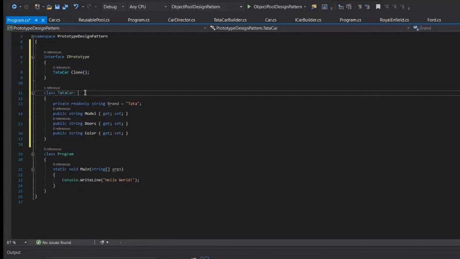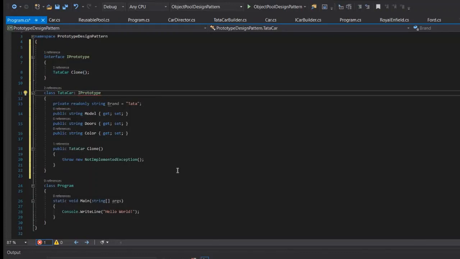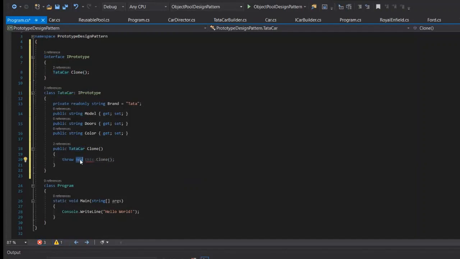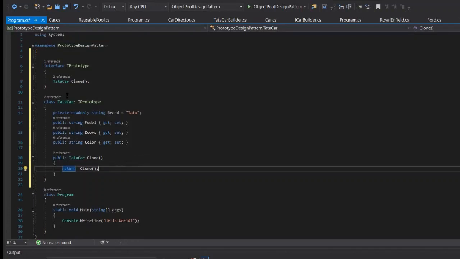Okay, and our class will be extending this IPrototype, and it will implement the interface under which it will return this.Clone. Okay, perfect. Only one scenario is there with C#. This is already implemented in this scenario, so we don't need to do this.